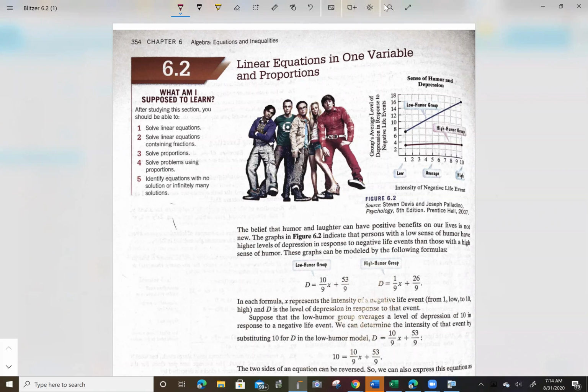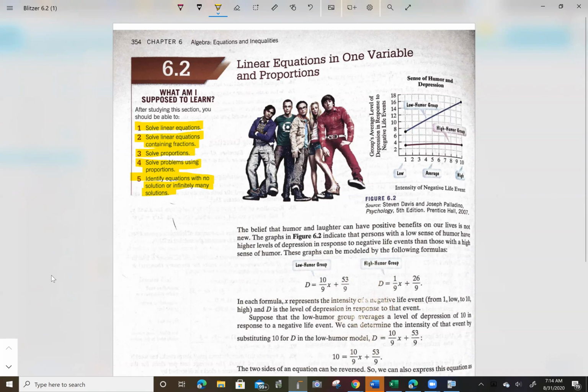And over here on the left-hand side, as always, you can see in your book or this PDF or in your rental book, which if you don't have yet, we will be getting you this week. The 4 objectives are solving linear equations, which will be good review, solving linear equations containing fractions, even better review, solving proportions, solving problems using proportions, and identifying equations with no solution or infinite number of solutions. So it looks like a good review of Algebra 1